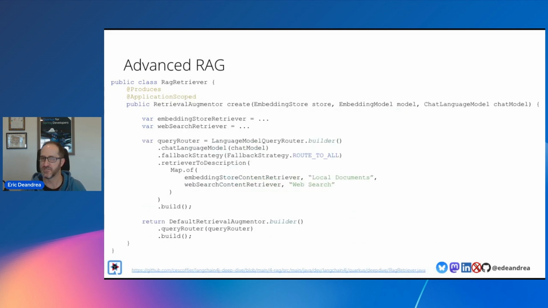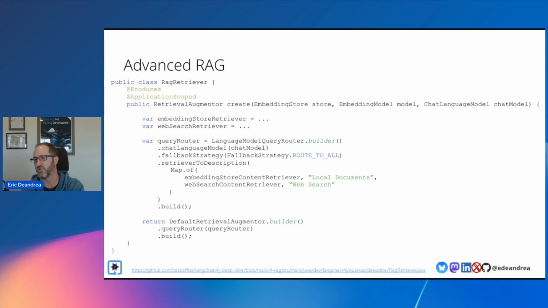Or you could get even smarter than that. You could even use another model to determine which retriever to use depending on the query. So in this example, you're actually using a different model, providing information to it to say, hey, I've got access to these local documents. I've got access to this web search.